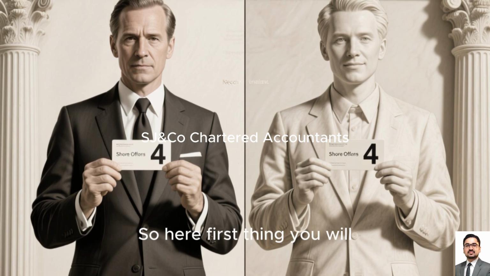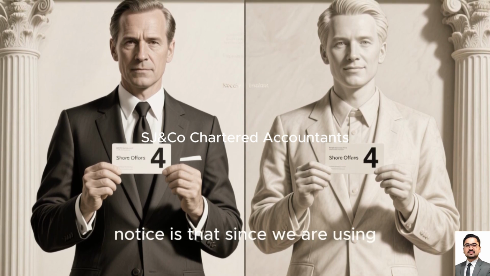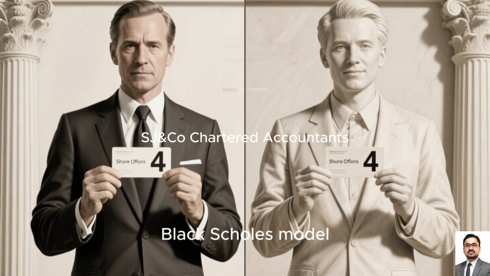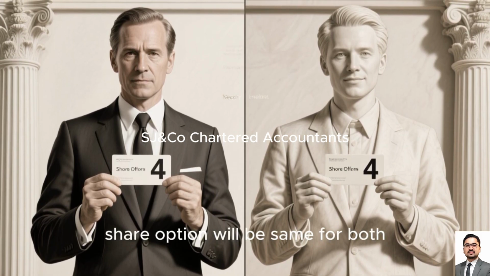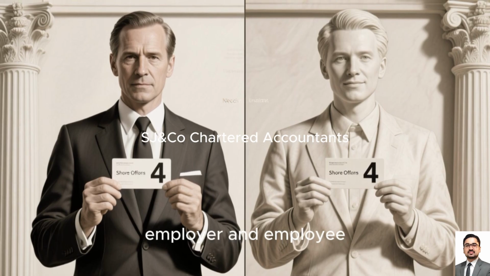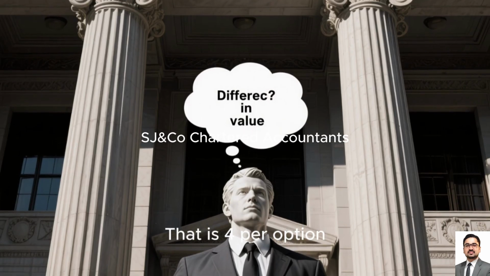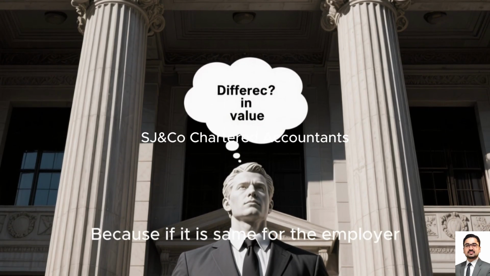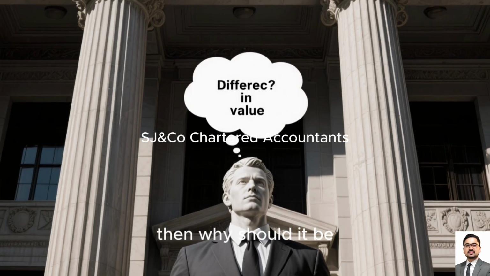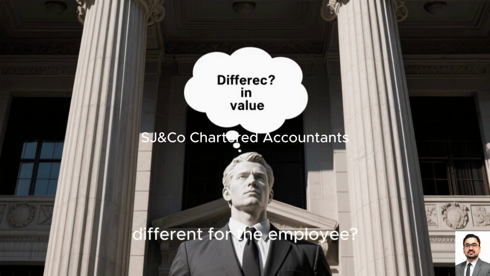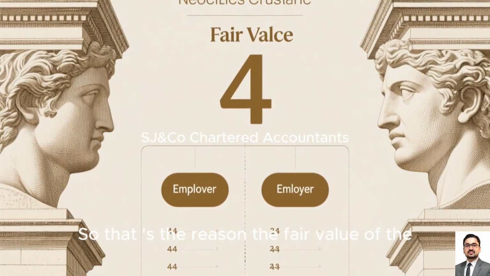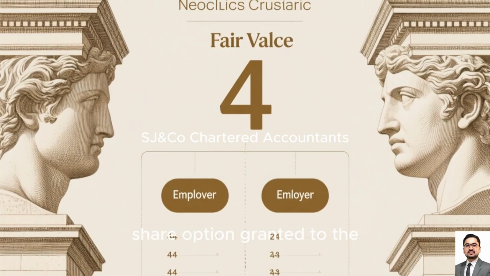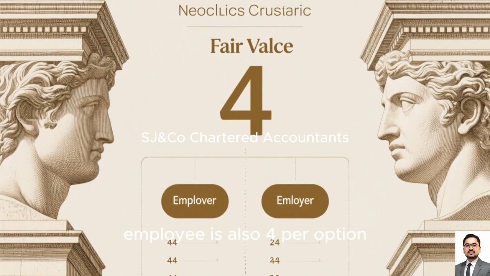So here, the first thing you will notice is that since we are using the Black-Scholes model, the fair value of the share option will be the same for both employer and employee. That is 4 per option. Because if it is the same for the employer, then why should it be different for the employee? So the fair value of the share option granted to the employee is also 4 per